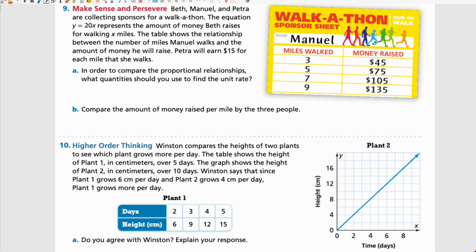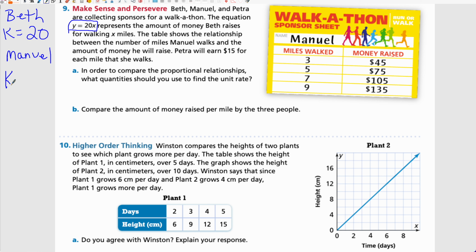Okay, so Beth, Manuel, and Petra are collecting sponsors for a walkathon. The equation y equals 20x represents the amount of money Beth raises. So what is Beth's K value? 20. Beth's K value is 20. It's that simple. The table shows Manuel's information. So for Manuel,